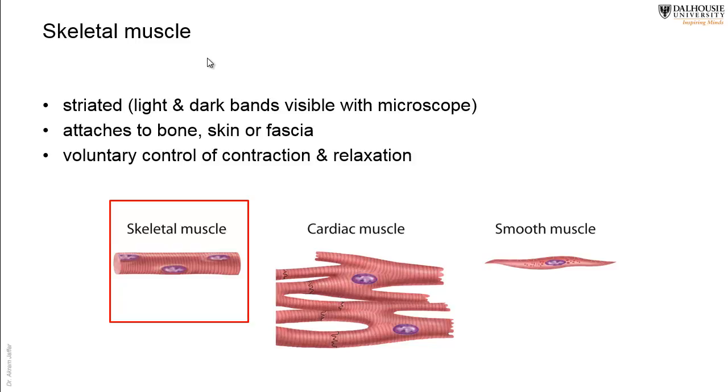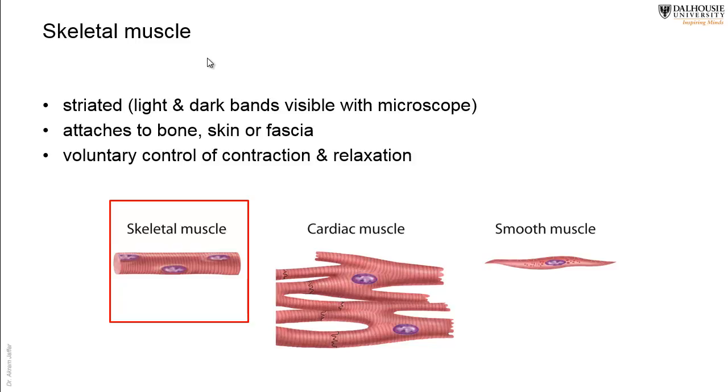For example, the muscles that move the skin of the face, called muscles of facial expression, are on one side attached to a bone, but on the other side they are attached to the skin, and so they can move the skin. Yet many other muscles are attached between two bones, and so they can move the one bone at a joint. So they are called skeletal muscle, and they are striated muscles,